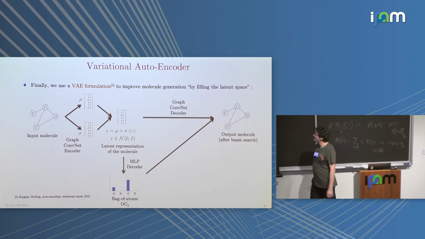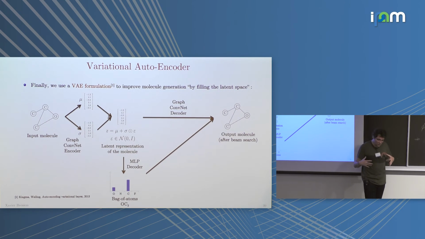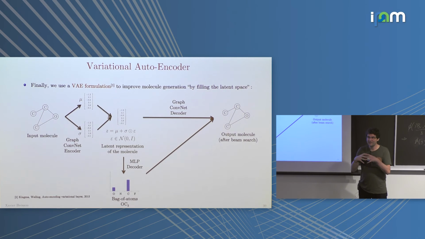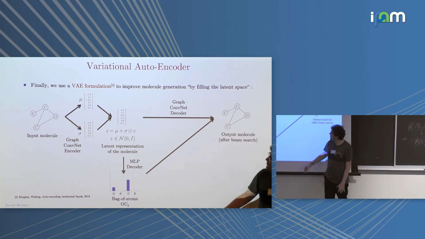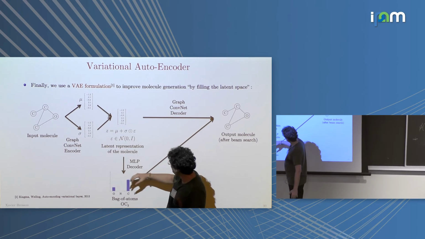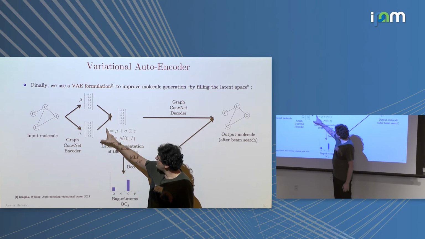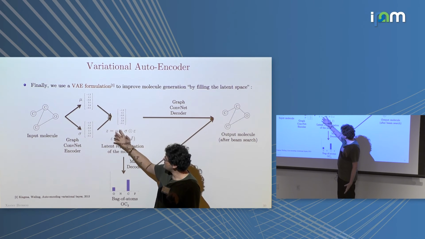All right. Then we use a variational autoencoder, because if you use an autoencoder, you will have the problem of mode collapsing. Basically, the space that you're going to use is probably going to be empty, and there will only be information around your training points. So you want to fill up the space. The way you fill up the space is you need to regularize. So one way to regularize is to parameterize your continuous molecule representation by some Gaussian distribution.